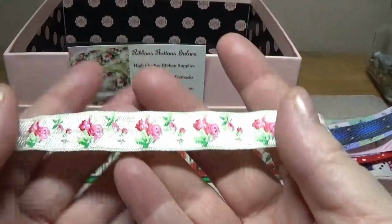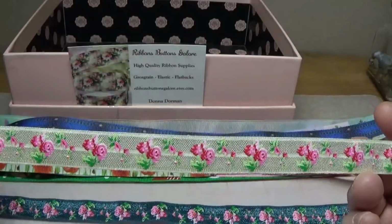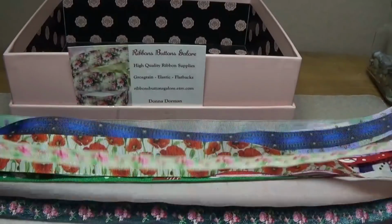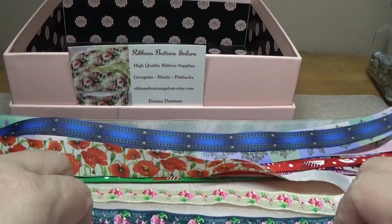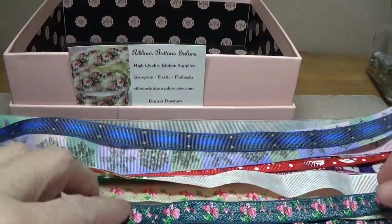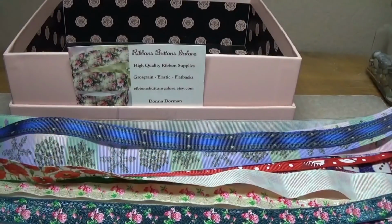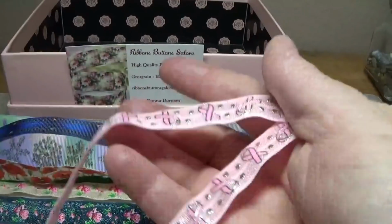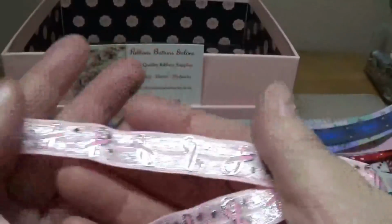And then we have this ribbon right here. Isn't that pretty? I love it. We have some more of this. I'm glad she gave me two of these because I will be using this. And then she sent this beautiful FOE ribbon in